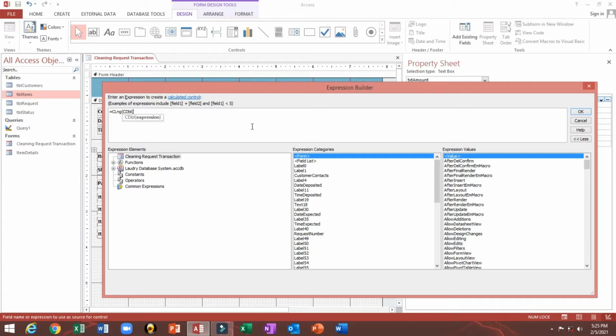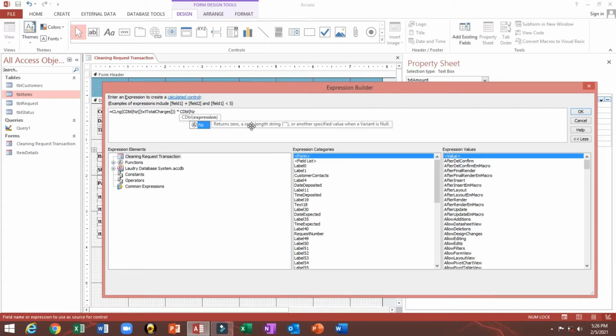Then next I will type Nz, if it's null, then our text box, which is txtTotalCharges. Then I will close, then another close parenthesis, then times, again I will put the double function,